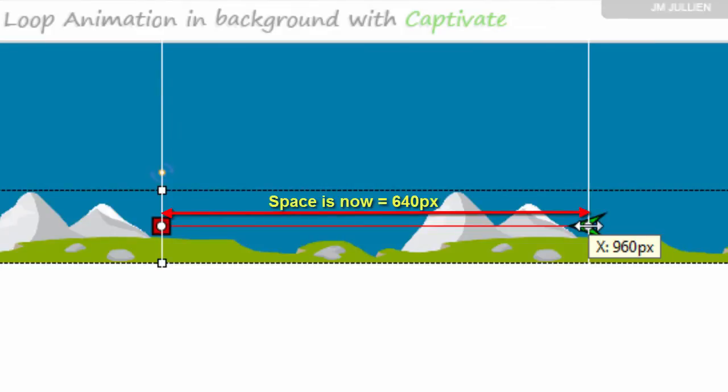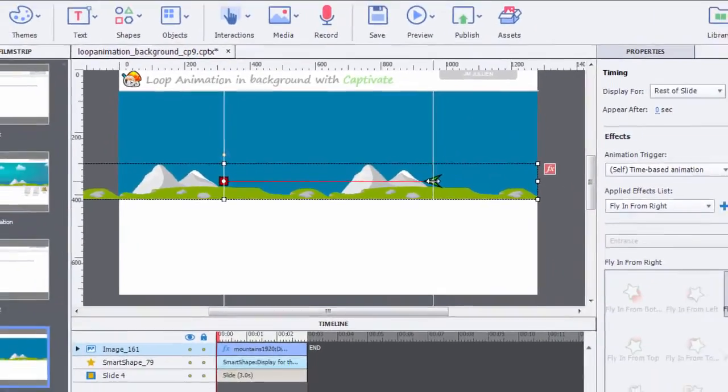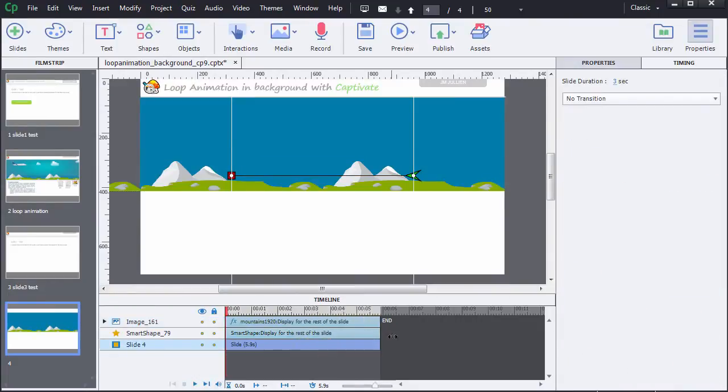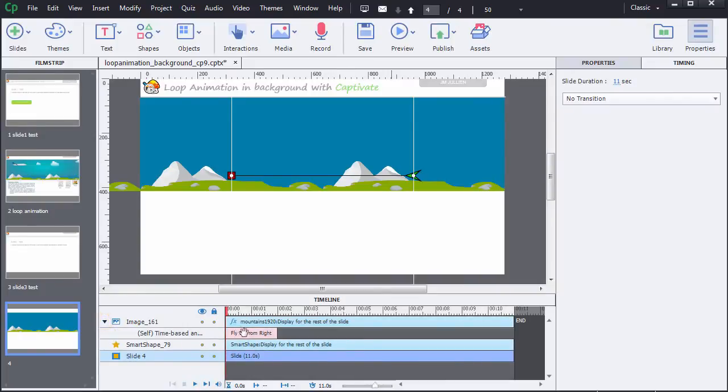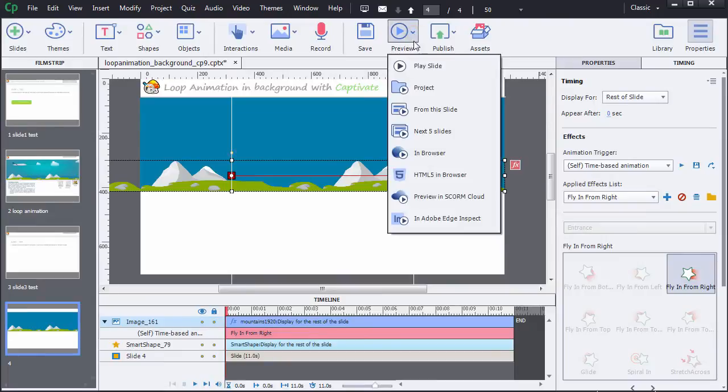So we can check that our animation works well at this step. I'm going to add a few seconds in the timeline before. I also check that the animation is displayed for the rest of slide, and since it's not the case, I adjust it. Now everything being okay, I can launch a preview from this slide in order to see if my animation works well at this step.